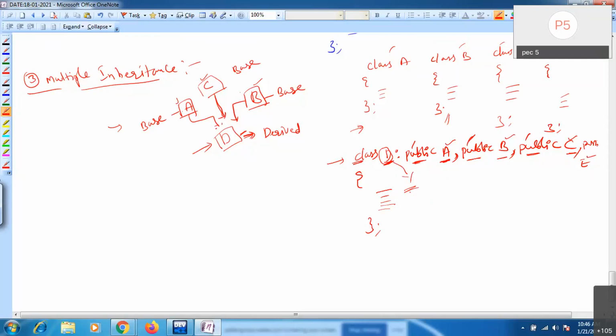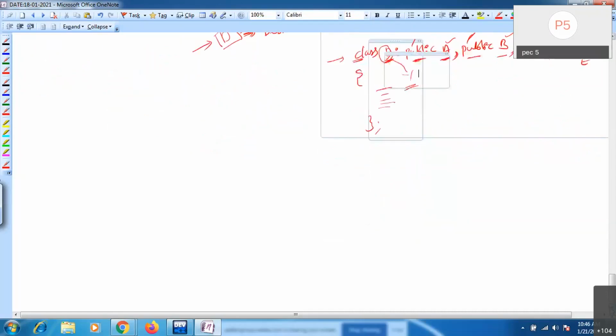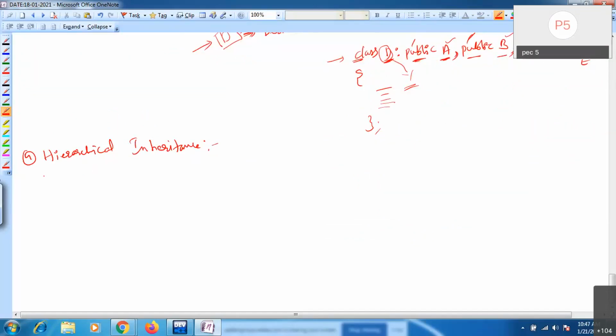Next, we have hierarchical. See, hierarchical is similar to multiple only, but reverse. Let's see how this hierarchical works. The fourth one is: in hierarchical, what happens?